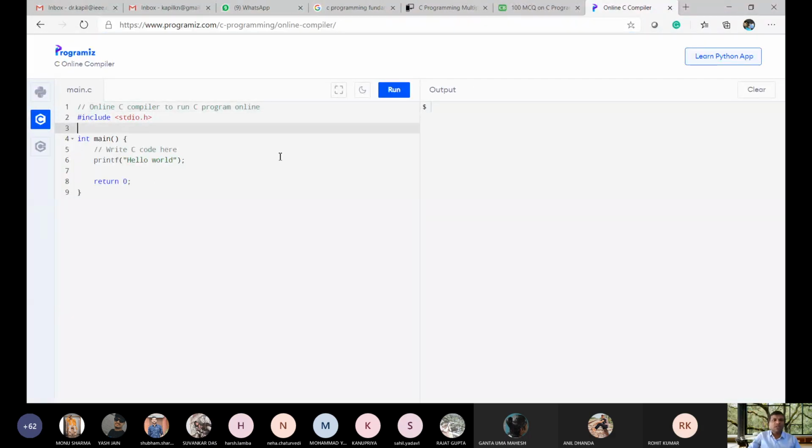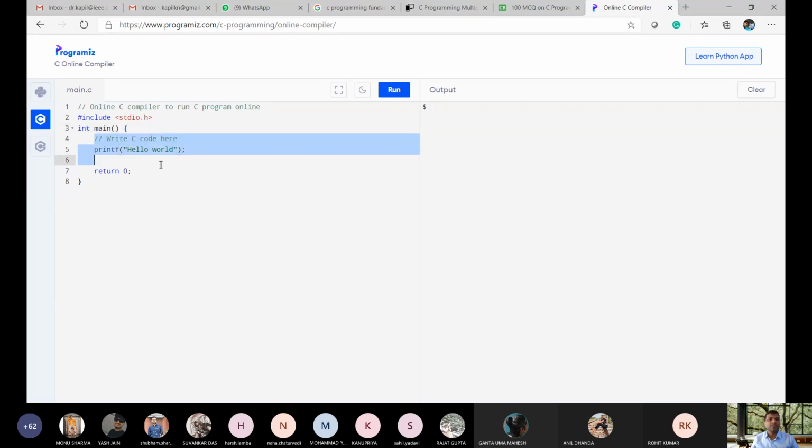Initially this is our program, and I am typing the program according to this: integer x equals to 5 and y equals to 2. So main is written, and then integer x comma y, and suppose x equals to 5 and y equals to 7.